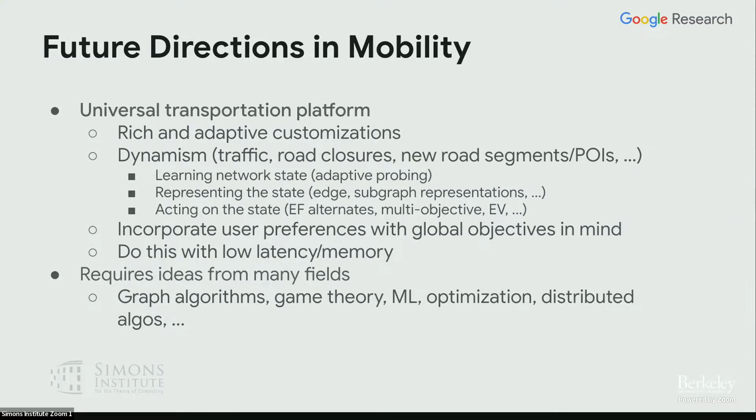Now, again, given the scale, obviously, we have the system side of things of doing all this with low latency and memory. So clearly, as you can see, many of the ideas that come towards looking at these problems and modeling these questions arise from a lot of areas we are familiar with to a certain extent. Like the classical graph algorithms, we have game theory in terms of incentives and fairness and cost, congestion routing, and so on and so forth. Of course, machine learning to learn and deal with uncertainty, classical optimization, and then distributed algorithms to run these systems efficiently.